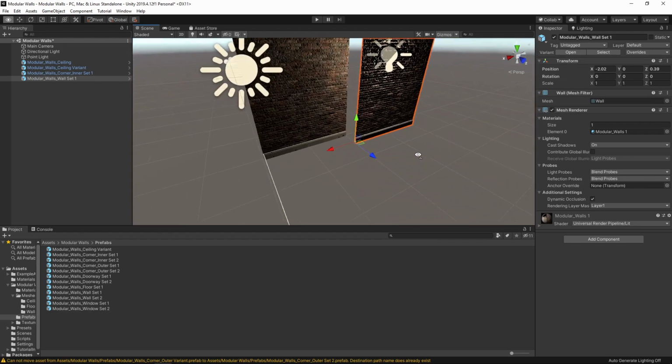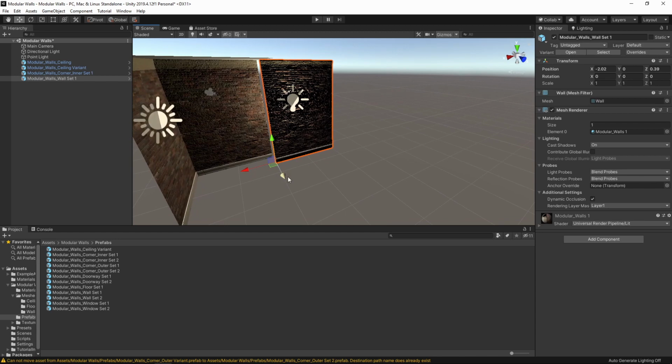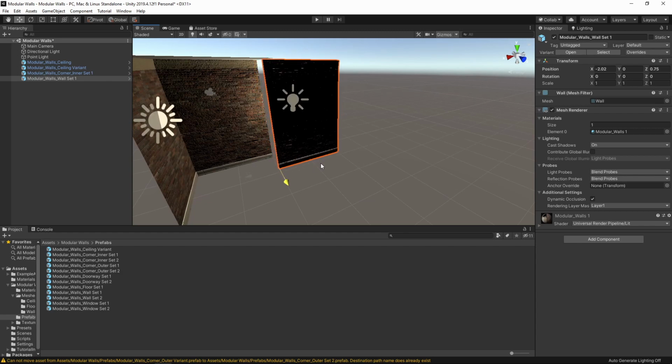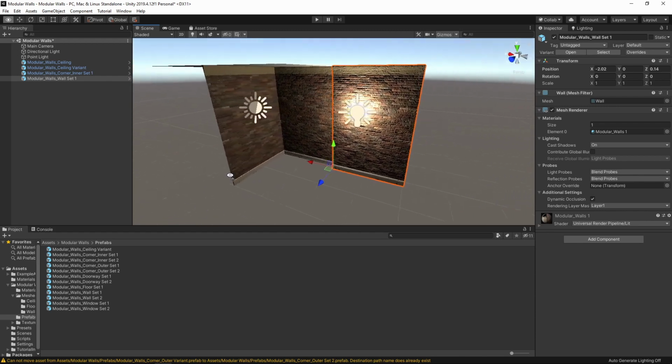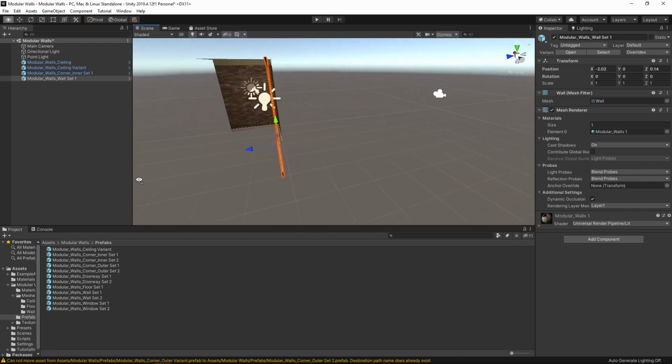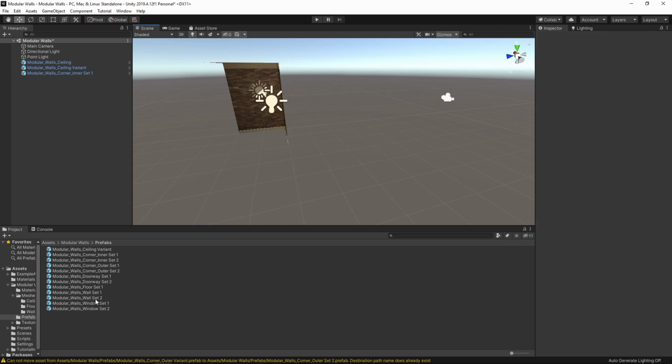Now that's the reason that we did the sizes that we did. Each of these are 2 meters by 3 meters. So now if I was to move the blue axis there, which is the Z axis, and hold down the control button, that would snap that perfectly on the grid. So let's see if we can get it into position. Now this one won't go into position to line up with the other one because I've been moving it off the grid. So let's delete that for now,